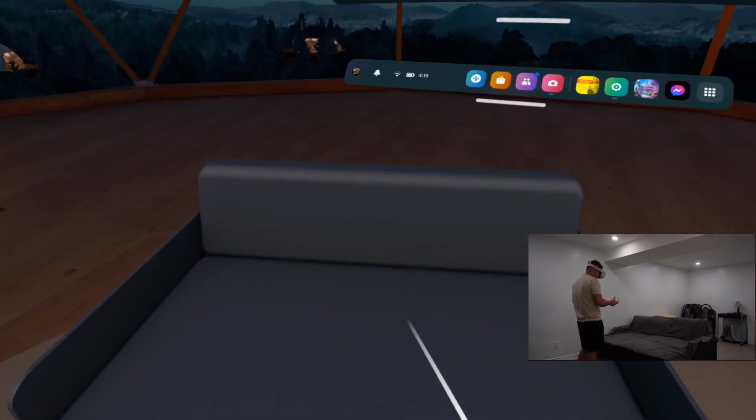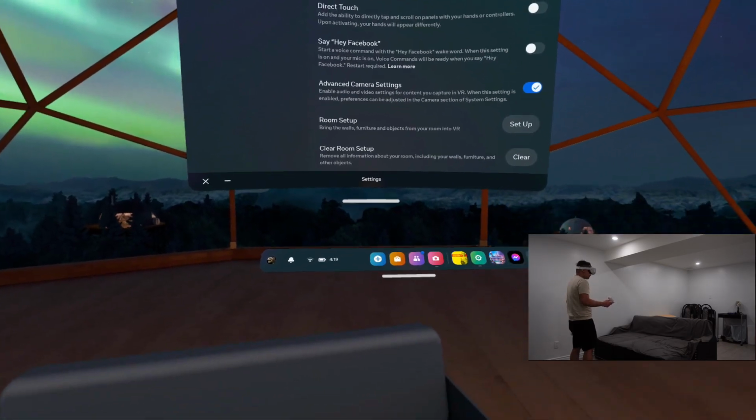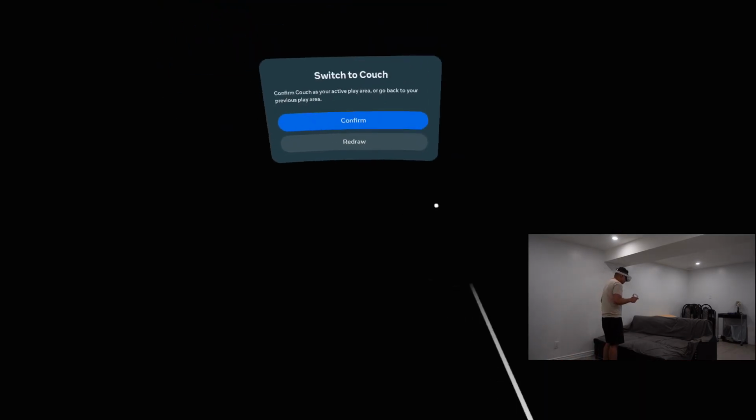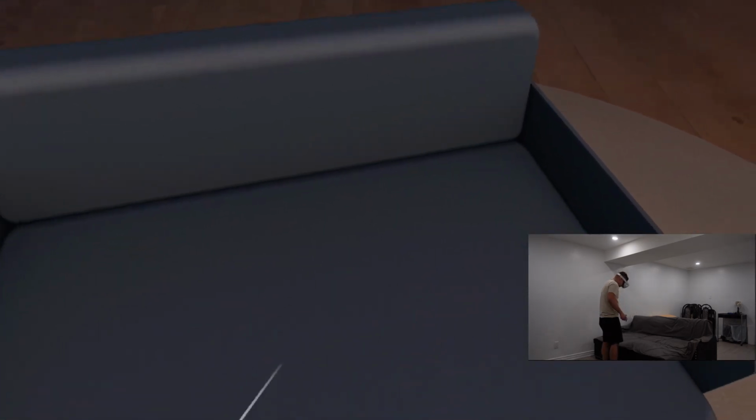And as you can see, I have the couch right here in VR and also in real life. And if I go close to it, for some reason it goes to pass through. And if you see this, you can just confirm. And now I can just sit down on the couch in real life,